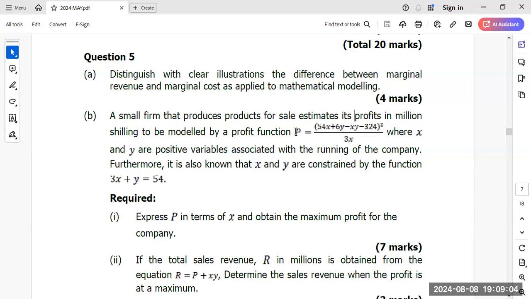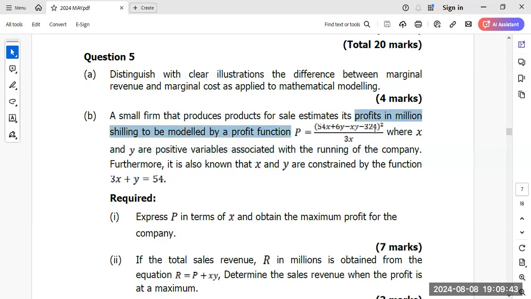So you're given the formula for P, that is your profit function, where X and Y are positive variables associated with running of the company. Furthermore, it is known that X and Y are constrained by the function 3x + y = 54. So whenever you see such a question saying express P in terms of X, they are trying to say that